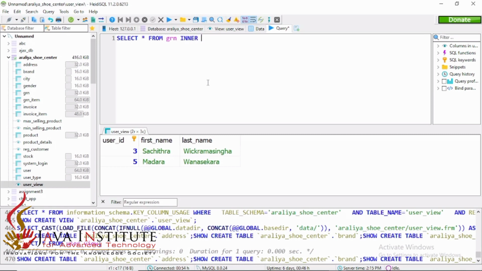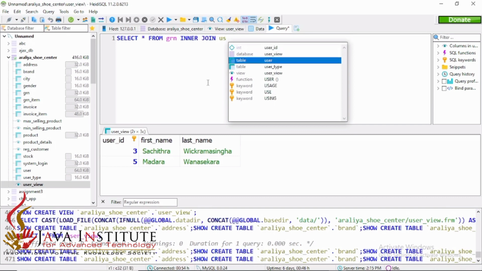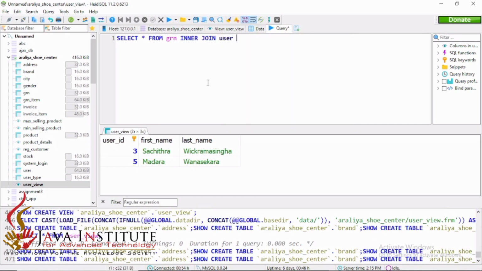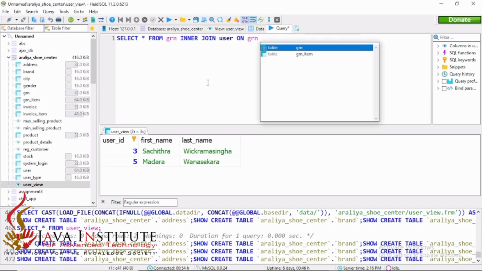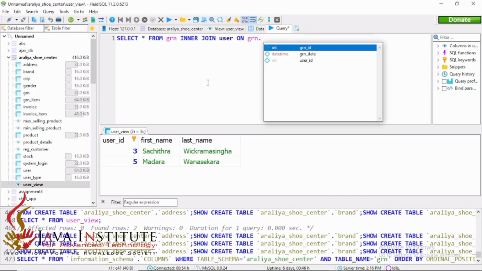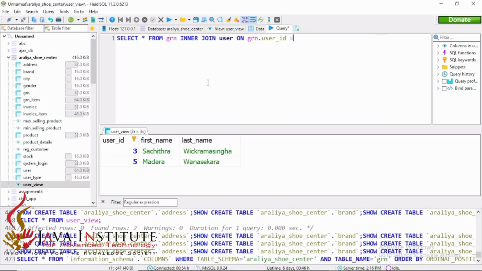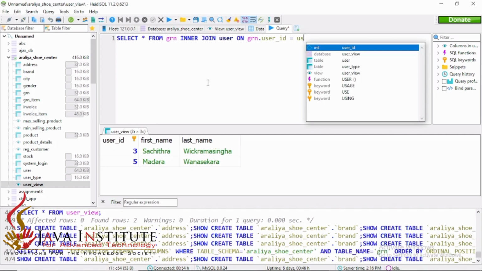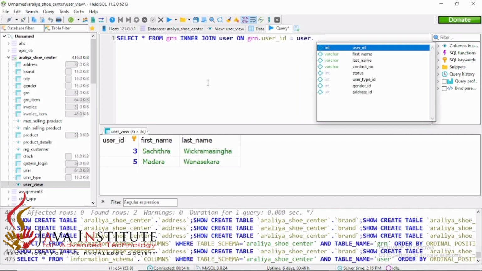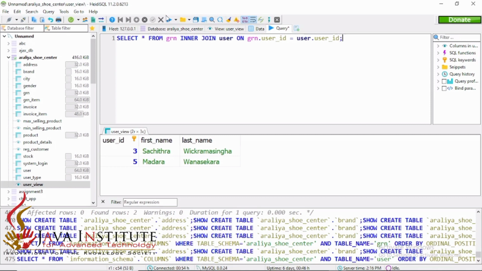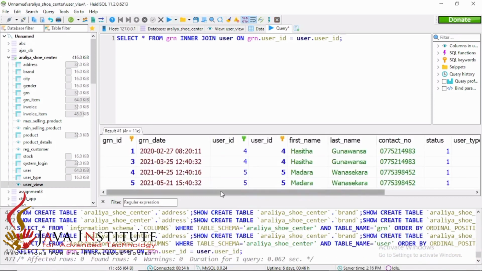After inner joining the user table with this, we have to give this on this GRN table's user ID should be equal to user table's user ID. So then after executing this, we can gain these details in this result set area.